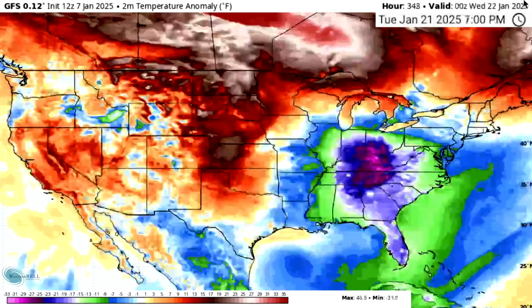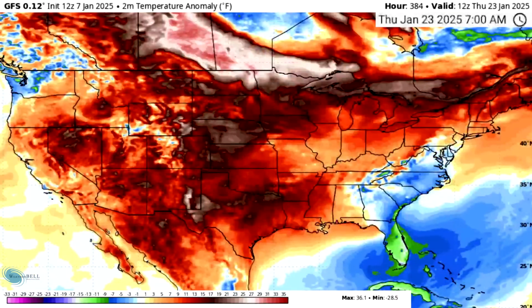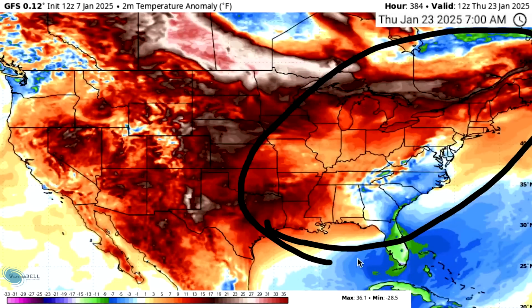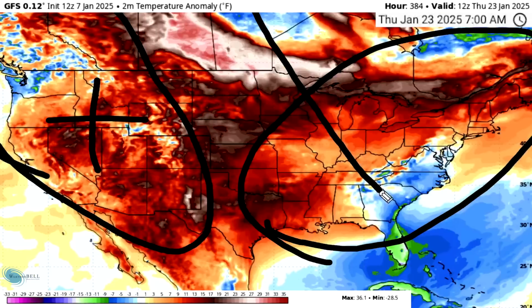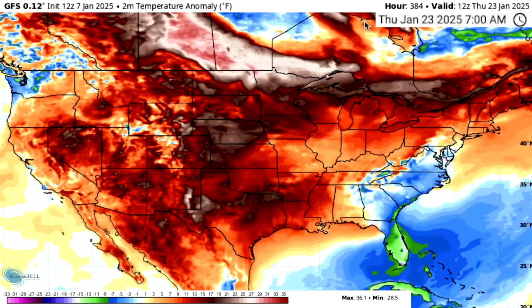Here's the 20th, 21st, 22nd, and I guess the GFS model is maybe the closest to breaking up the pattern as warm air starts to move in around the 23rd, but we still have a positive PNA out west, so I'm a little doubtful that we would see this full-blown warm air effect happen in the east. Just because we have this positive PNA here, I would say the cold is going to continue to try to move in if that is the case. So a little doubtful towards the end here of this GFS model run.